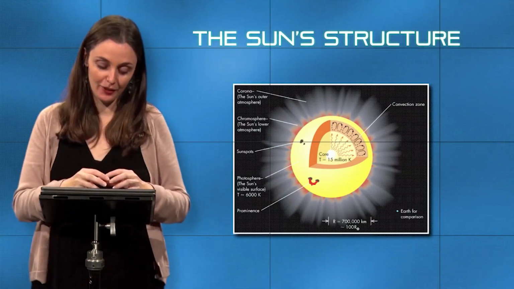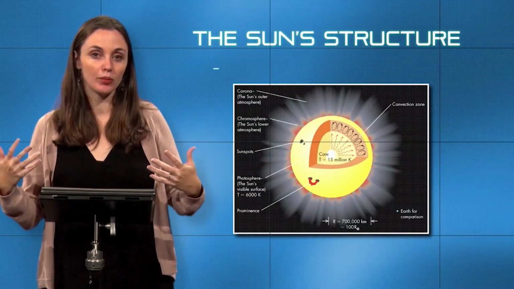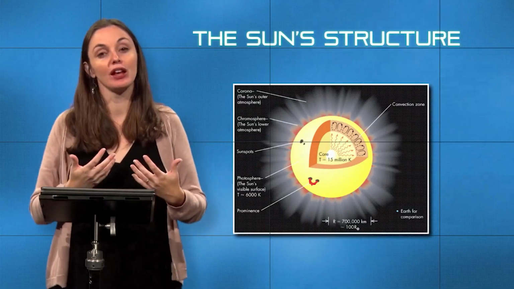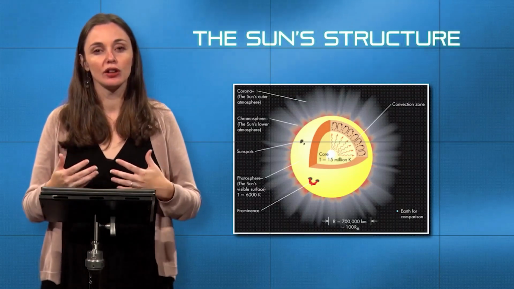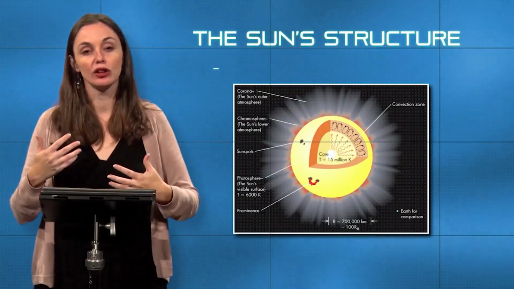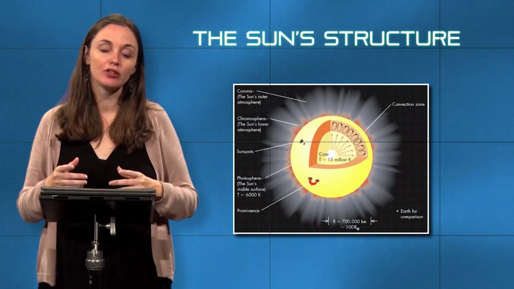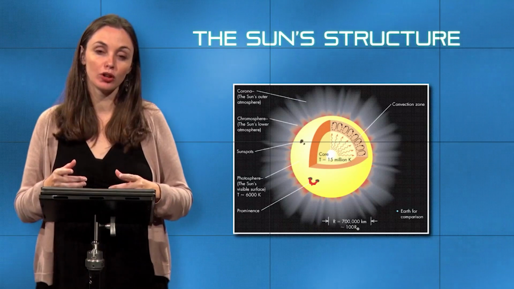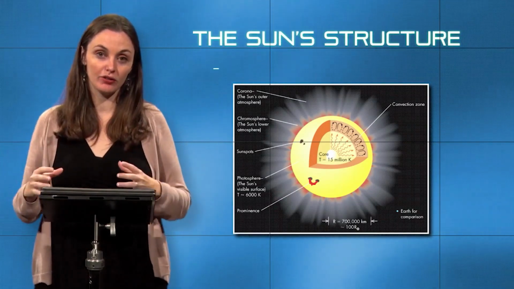But let's get there. As you go into the interior of the sun, things begin to be a lot more speculative, obviously, because we can't travel there directly or observe this directly. But due to our understanding of the way that energy is transported under these really high temperature conditions, we have a little bit of an understanding of how energy is transported away from the very, very hot core and out to the surface and beyond the surface.